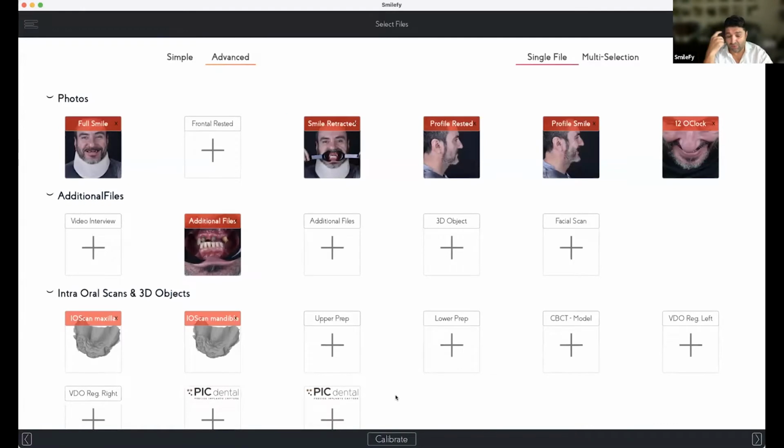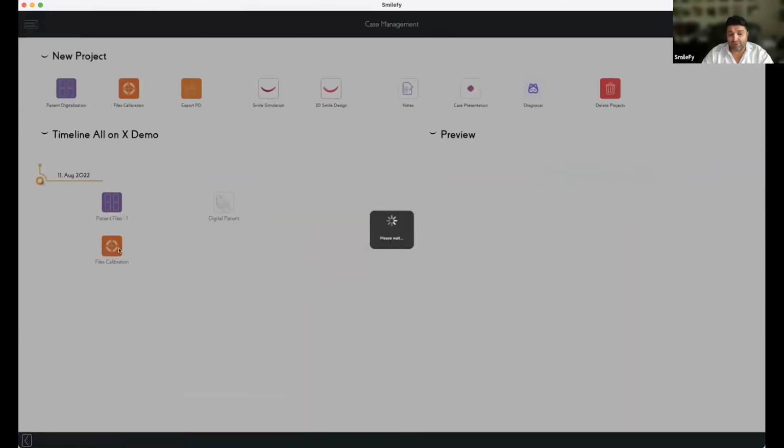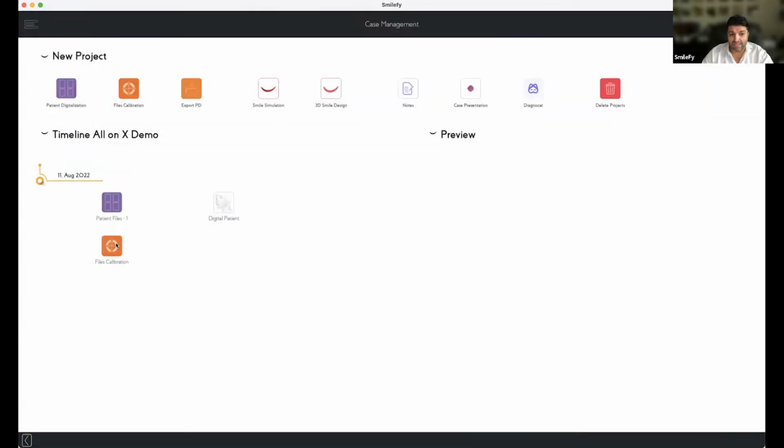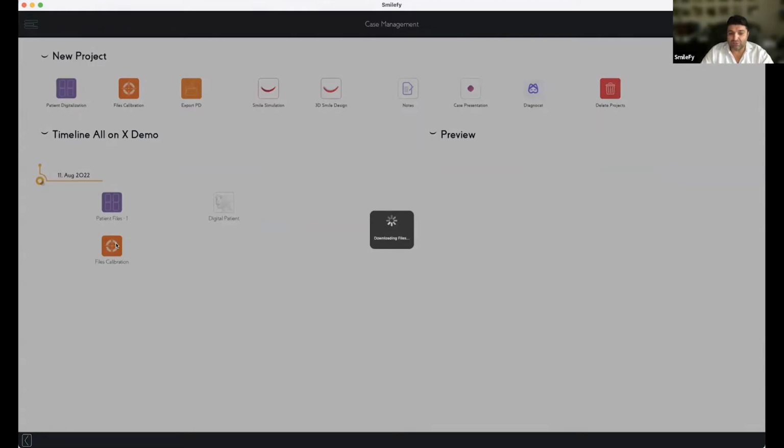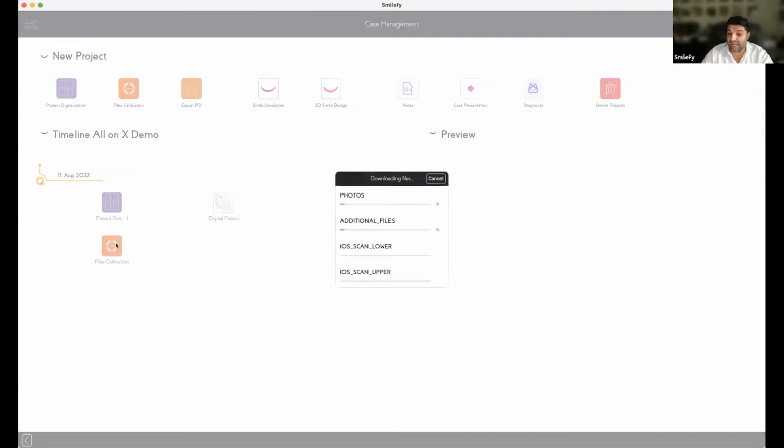But I love these cases, or I love these challenges, because that's real life, right? It's not the ideal situation. It's never the ideal situation. So we need to develop workflows that really work for this kind of situation. So what we did, we calibrated first the picture with the intraoral scan. And then we need to start somewhere, right? We need to start somewhere, and we design now the upper jaw. And then we're gonna see where to go from this first step. But we need to find out how everything is working.